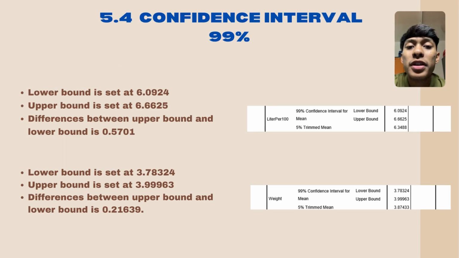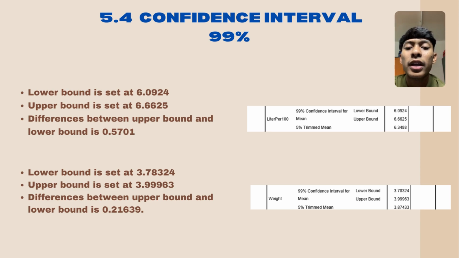Explanation of confidence interval 99%. The descriptive output table shows that our 99% confidence interval for the mean in liter per 100 has been calculated. The lower bound is set at 6.0924 and the upper bound is set at 6.6625. The difference between upper bound and lower bound for the 99% confidence interval for the mean in liter per 100 is